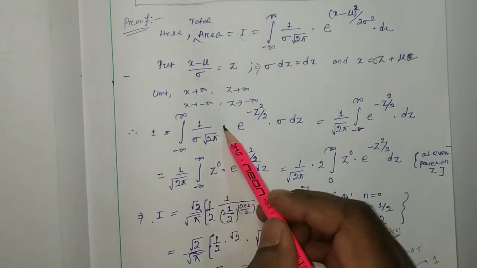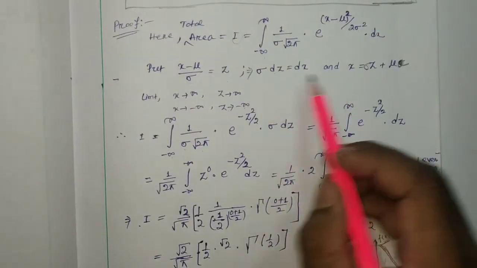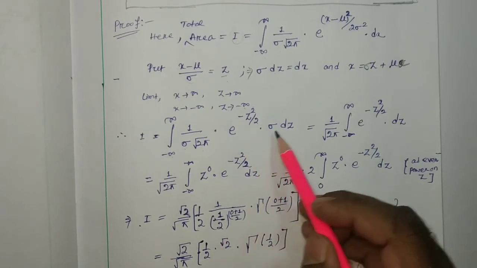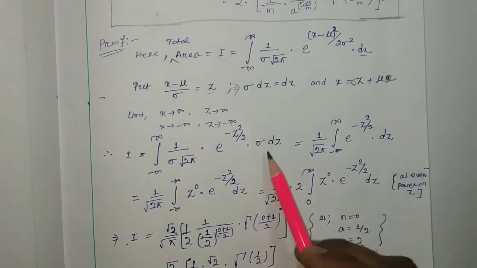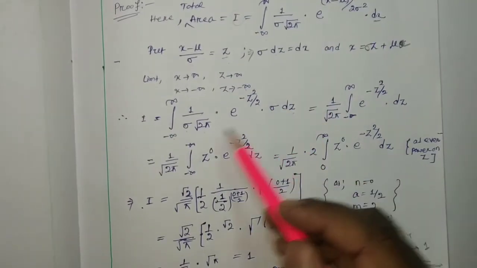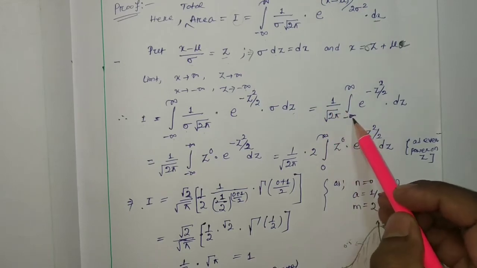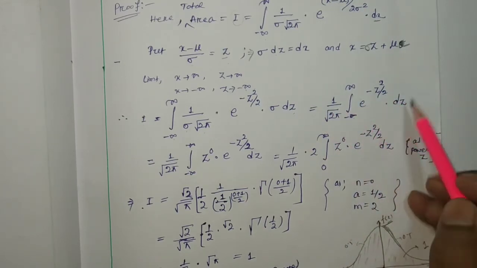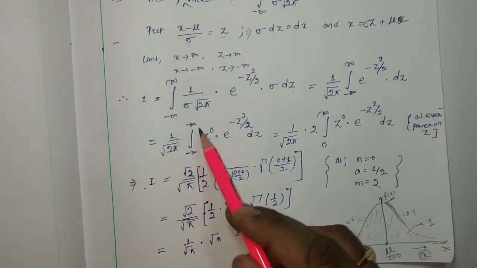this one can be written as 1 by sigma root over 2 pi into, instead of (x minus mu) by sigma, I can write z. Okay, so it will be e to the power minus z square by 2, and dx will be how much? Sigma dz. So here sigma got cancelled. We found 1 by root over 2 pi, integral from minus infinity to plus infinity of e to the power minus z square by 2 into dz, right? So it is equal to 1 by root over 2 pi, integral from minus infinity to plus infinity